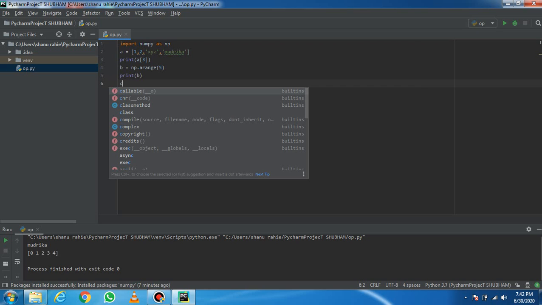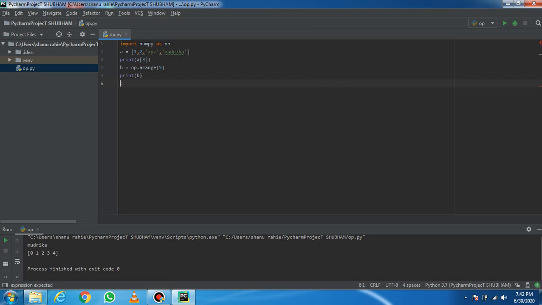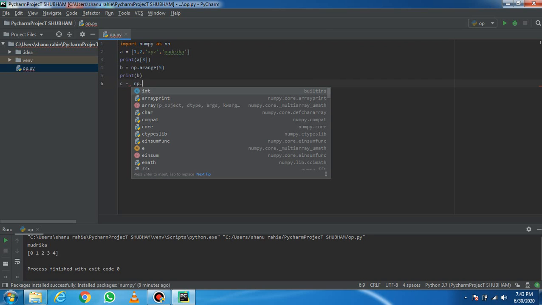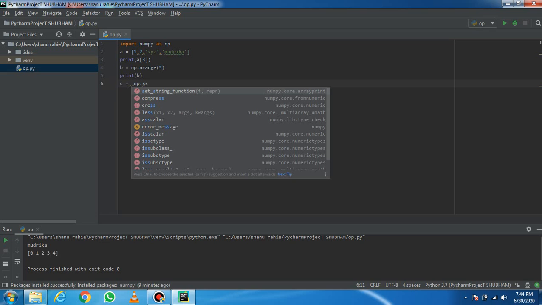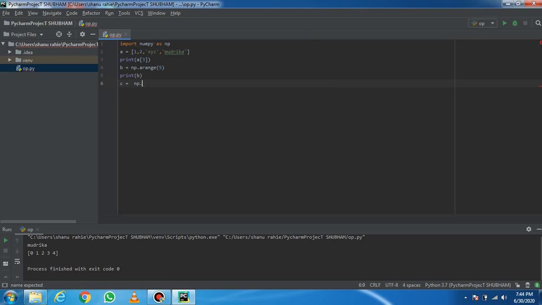Now we are creating another array, np dot array, for example let's make 1, 2, 5, 4, 5, 7.